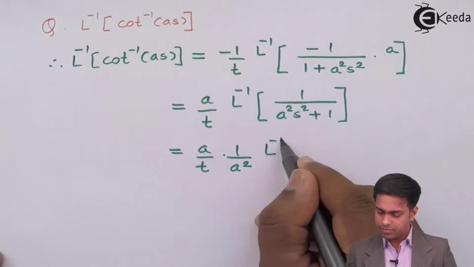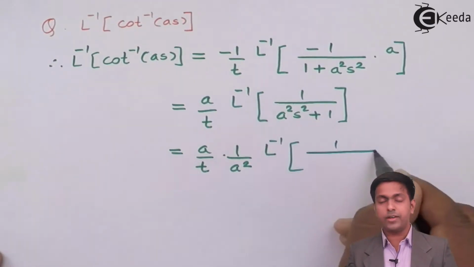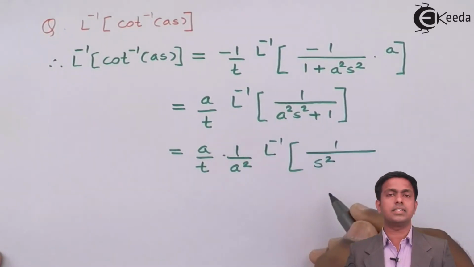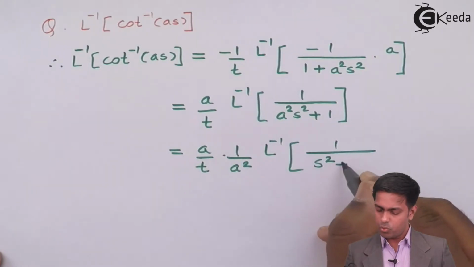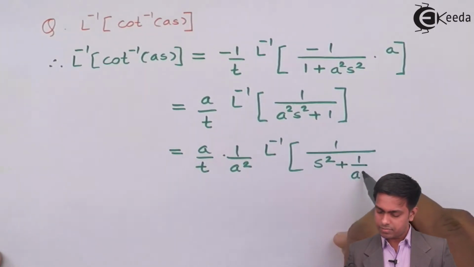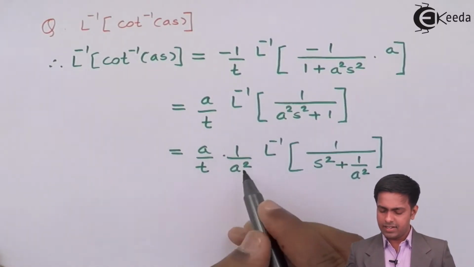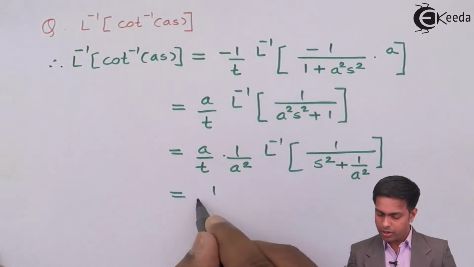Then L inverse. Now I will divide by a square, so s square will remain as it is, and this will become 1 upon a square. Now a and a cancel, so we will get 1 upon a t,